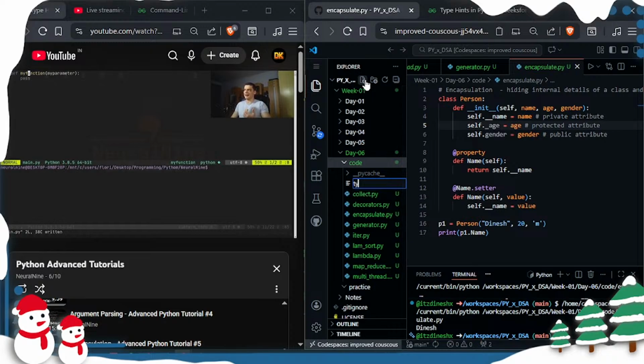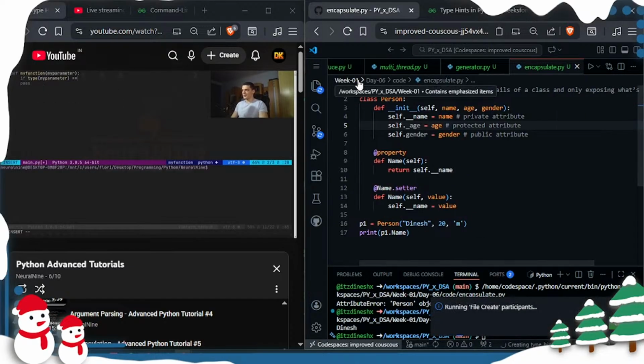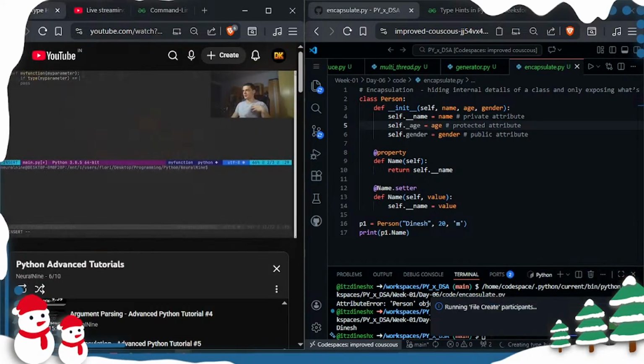Now, of course, what I can do is I can check during runtime. So I can do something like if the type of my parameter is equal to integer, for example, I can do something with it. If it's a string, I can do something else with it. If it's a Boolean, I can do nothing with it, so I raise an exception or something like that. Or I can say if the type is not integer, then don't execute that function. But this is all happening during runtime. And since Python is dynamically typed by nature, we cannot really